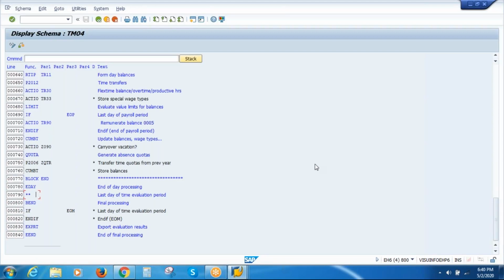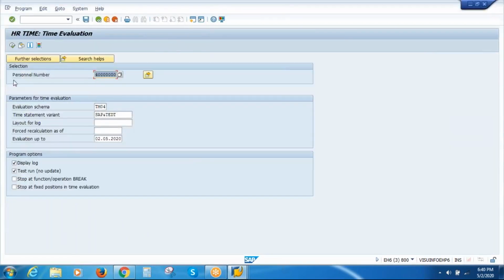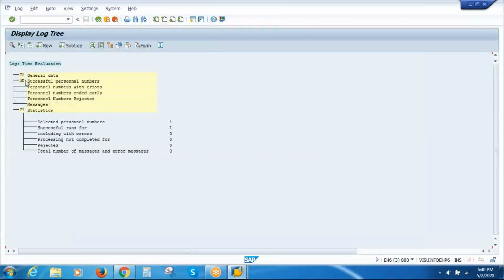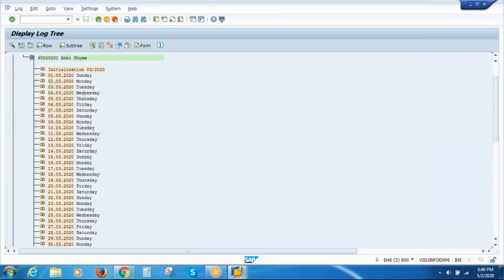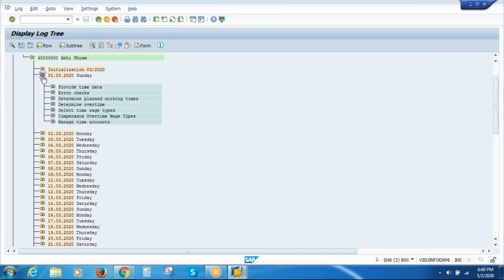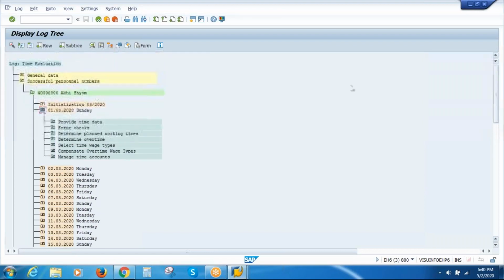Now what happens when you execute the time evaluation is we are seeing all the 7 blocks here. If you open it up, the way the time evaluation is executed is the system will read some information present in the info types, the required info types pertaining to time management. It will process it to a certain extent, and send the result of this processing to the next block,